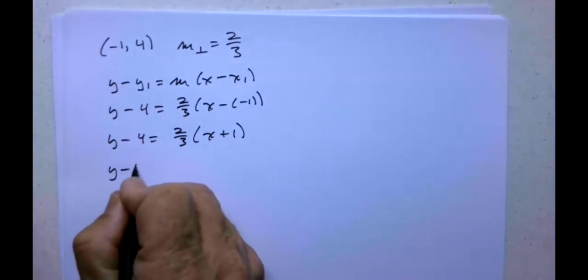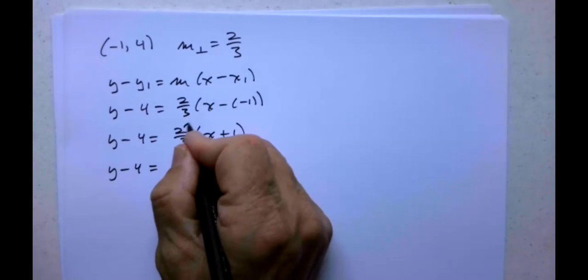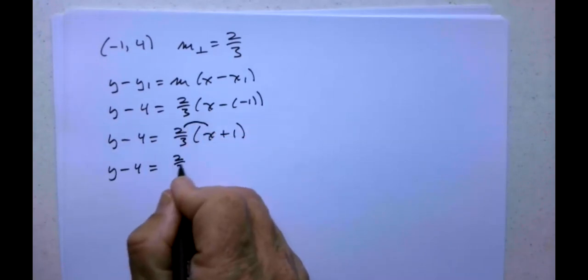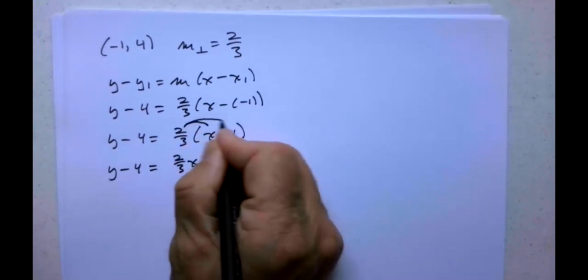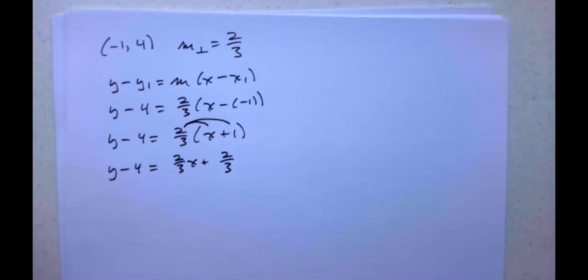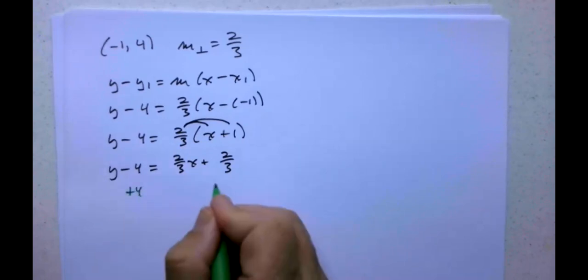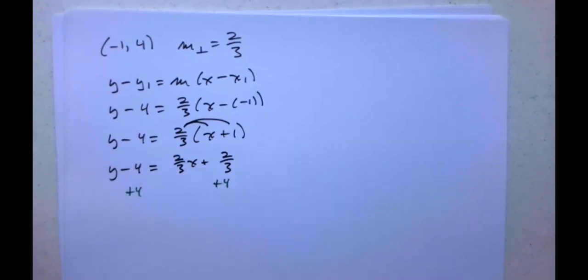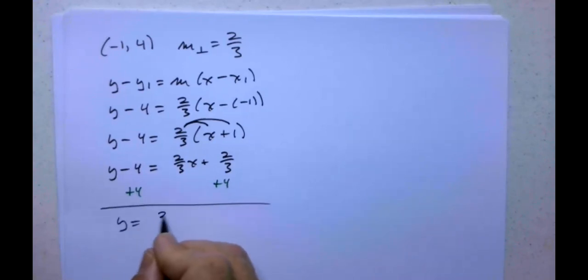That's my preferred strategy since that's equivalent to function strategy. 2/3 times x is 2/3 x, plus 2/3 times 1 is 2/3. Then we need to add 4 to both sides. So we get y is 2/3 x plus 2/3 plus 4